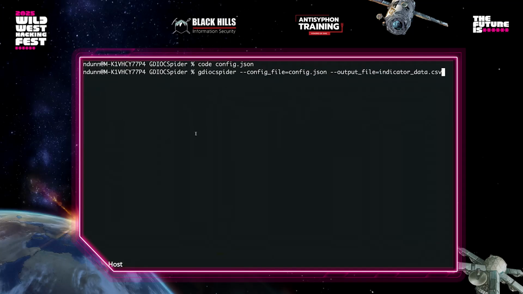So pretty simple runtime. Most of the configuration is done in config.json. We have two parameters: the config file, which is what I just showed you, and the output file, which you can name whatever you want. We're calling it indicator data.json or .csv for the sake of this. We're going to run it real quick, let it rip,